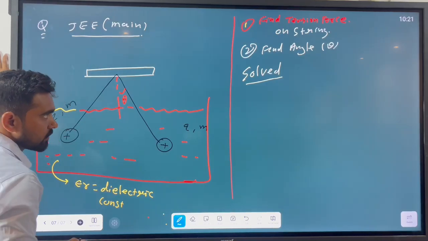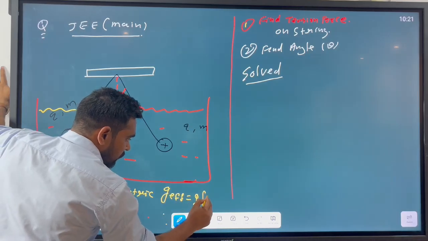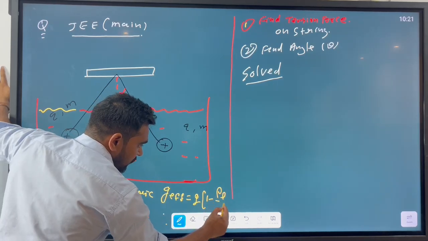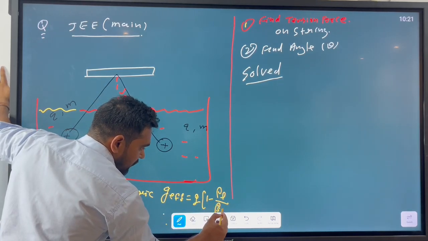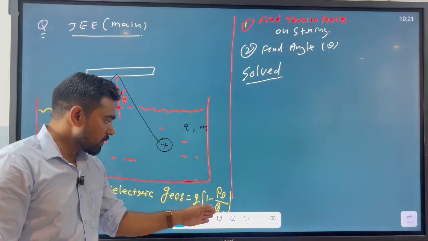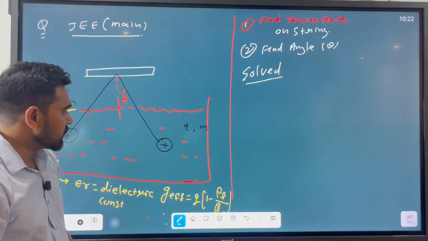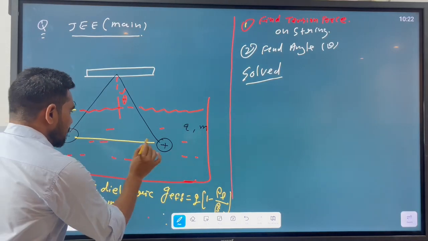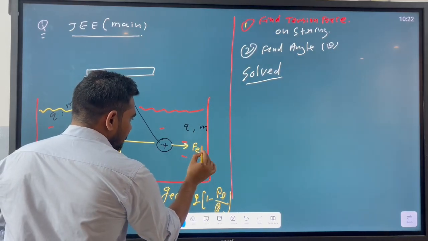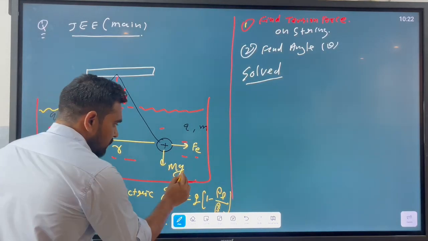And the value of g effective equals g times (1 minus rho L divided by rho S), where rho L is the density of the liquid, meaning this medium, and rho S is the density of the solid charged ball. This is the value of g effective. Using the concept, along this direction is the Coulomb force, meaning the electric force, and along this direction